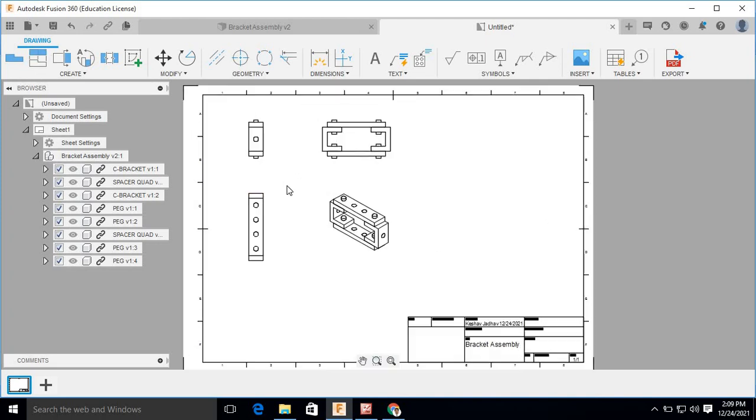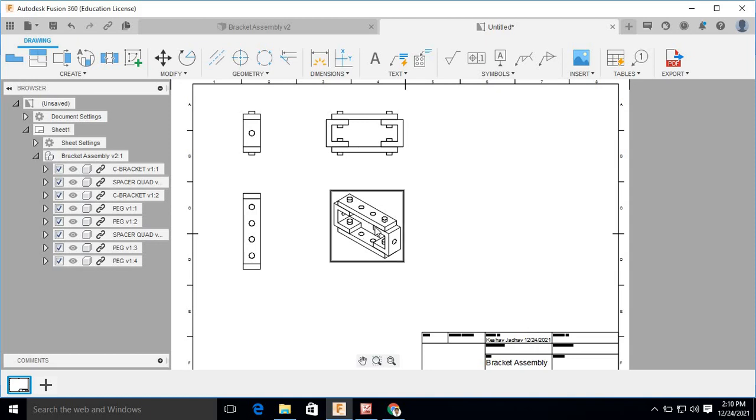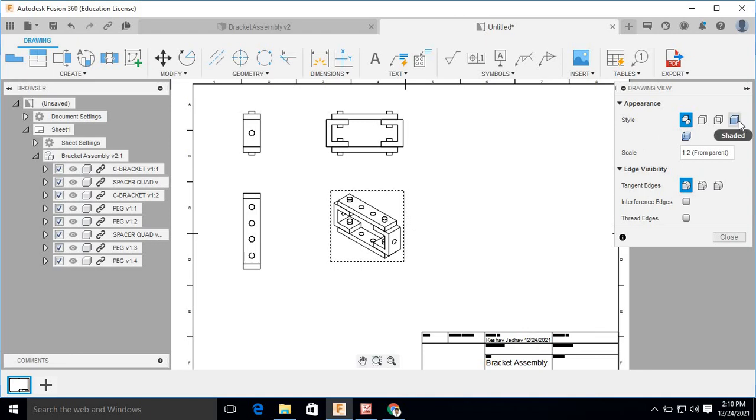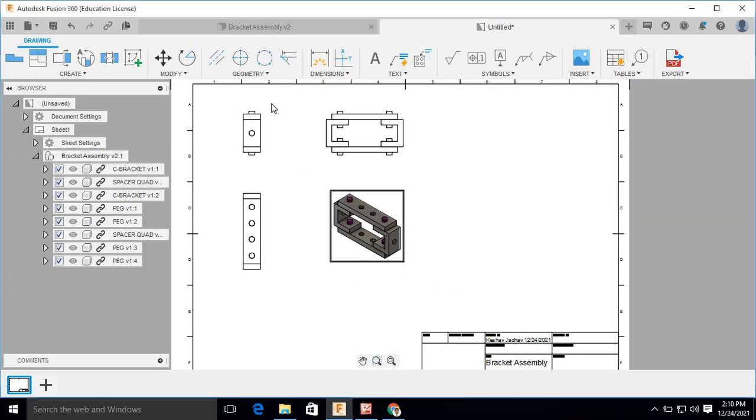So press enter key. Now we want this should be in shaded form, so double click on this and select this option, shaded or this. Here we can see hidden edges like this, or if you don't want to see hidden edges, then click here, press close. Then we can give the different dimensions.